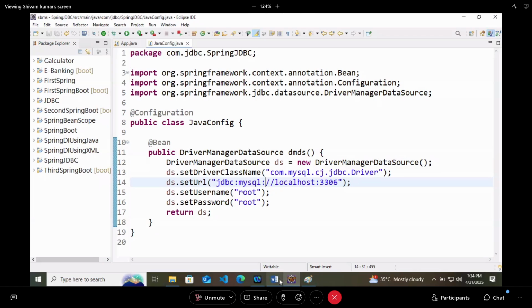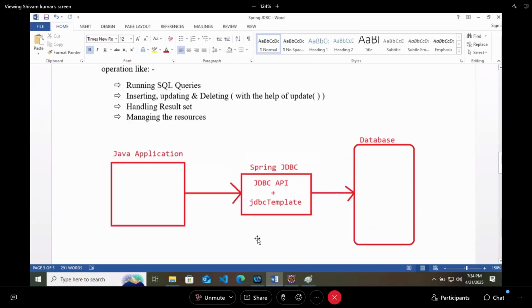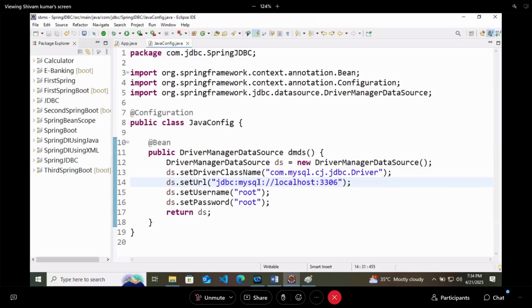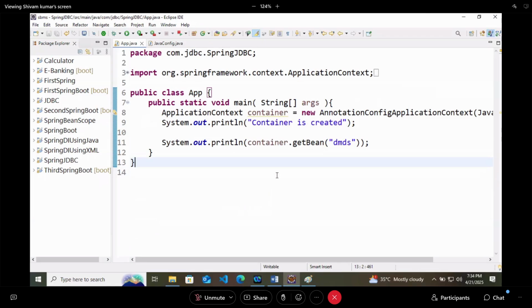I think in the documentation we have already provided that it can handle the transaction, it can process any exception. We were expecting one exception here, but we are not getting any exception. But why? Because Spring JDBC is checking: are you doing any transaction?